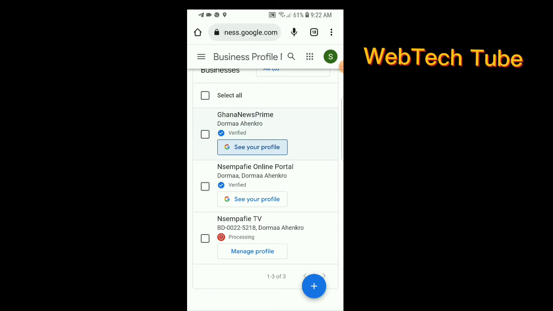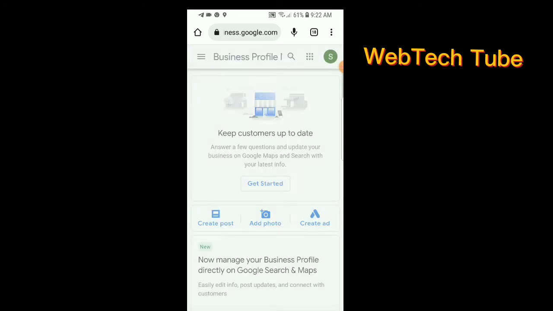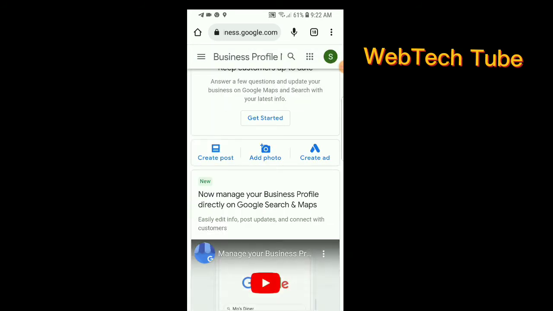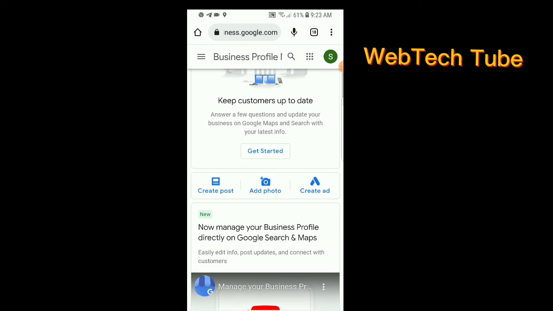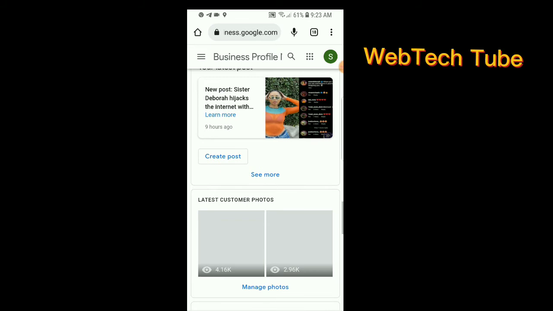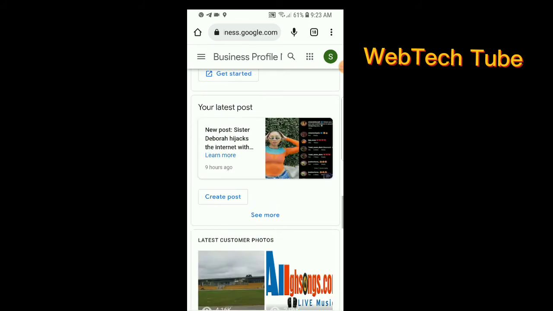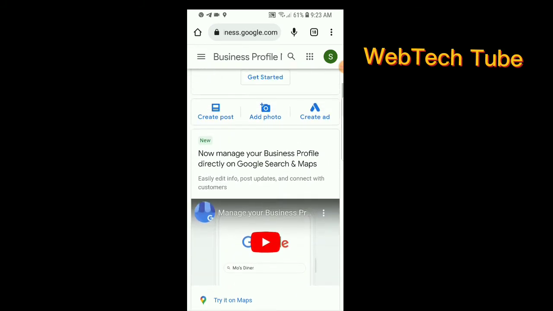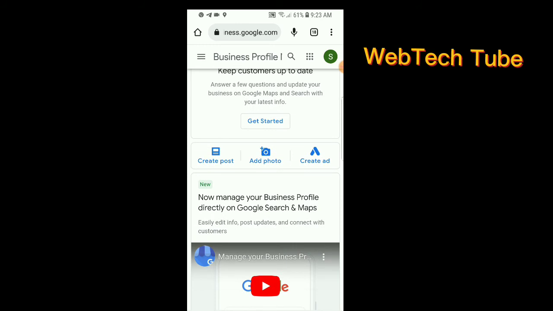Okay, use this. Okay, so you just go to googlebusiness.google.com, then you click on your business name. Then when it opens this way, you can create posts, you can add video, you can also run ads. You create ad so that Google will promote your business for you. So click on